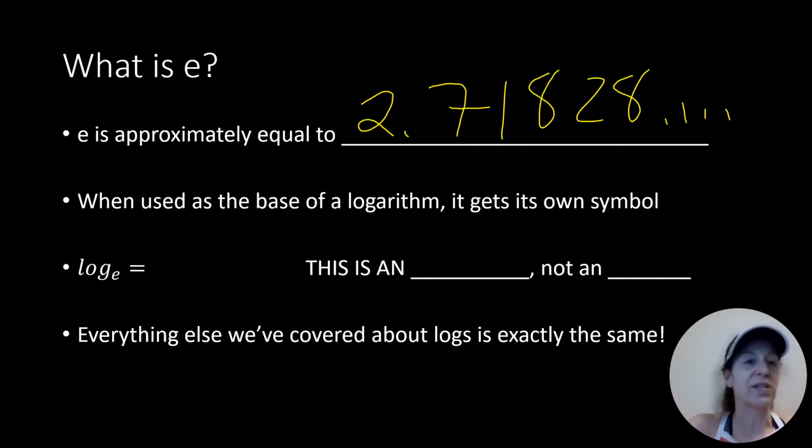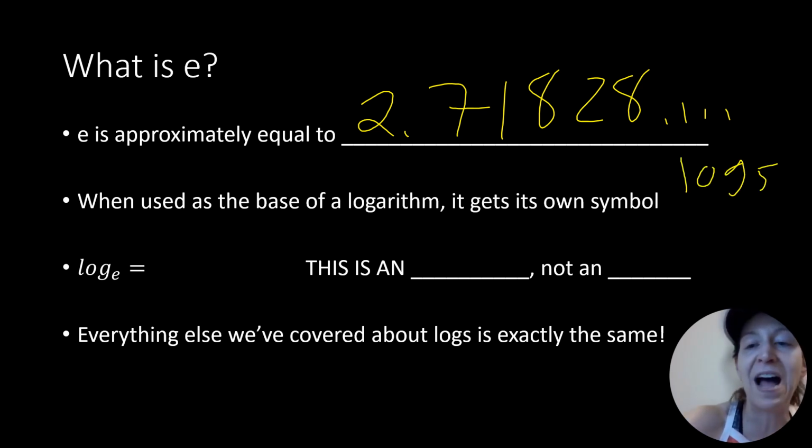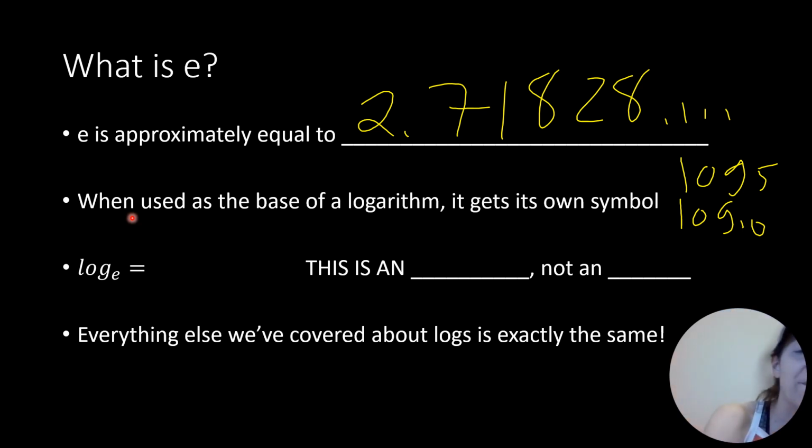On Desmos, you can just type in a lowercase e, it'll recognize that. So when it's used as the base of a logarithm, it gets its own symbol. We've dealt with logs, and we've had log base 5. We've got log base 10, which is the common log, and you don't have to write the base. If you have log base e, so it's log base 2.71828, it gets its own symbol, and its symbol is